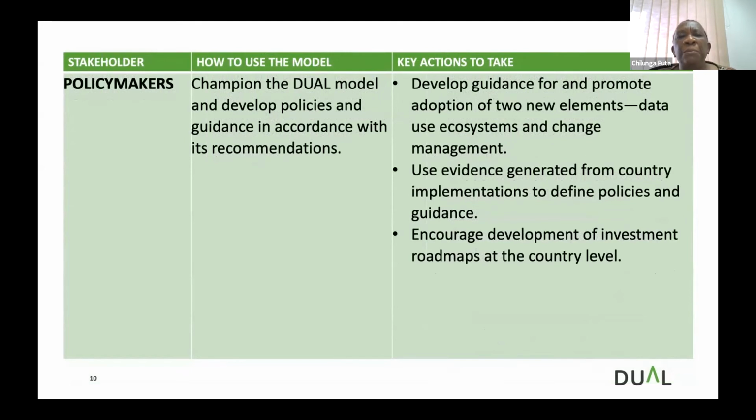Well, we expect them to use the model to champion the development of policies and guidance in accordance with its recommendations. There are very clear elements that have been highlighted, and those things should be actually included in the guidance. So we expect them to develop the guidance and